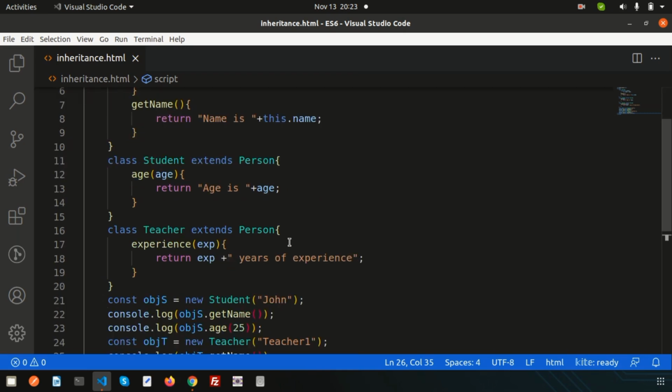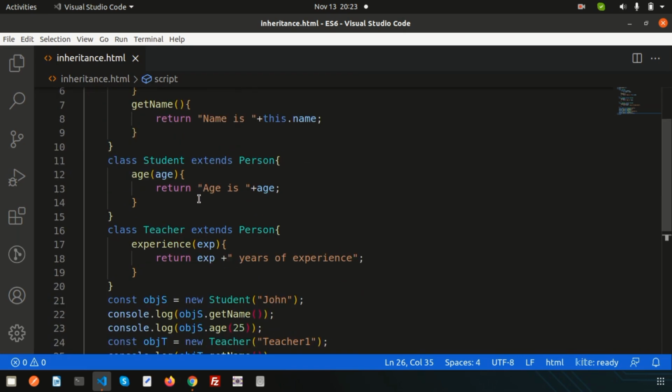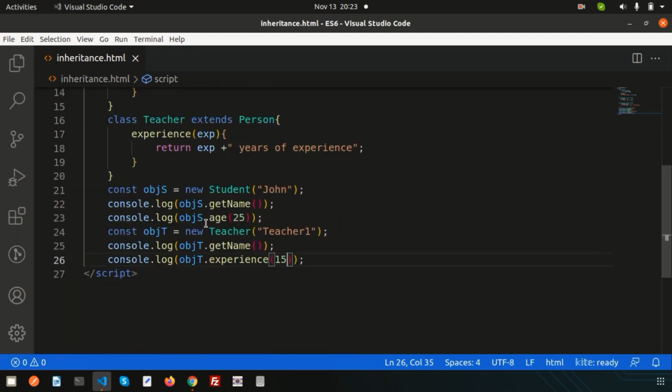So using the inheritance concept we can easily use these things, and we can easily maintain and reuse the same code. Okay, so hope you can understand this code, and if you still have any queries about this video,